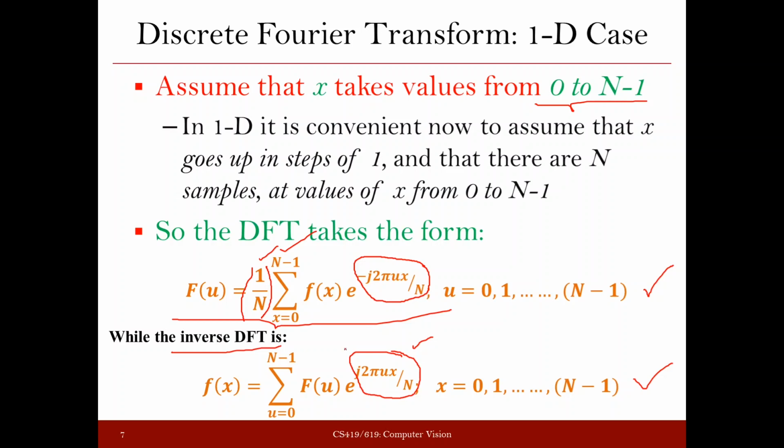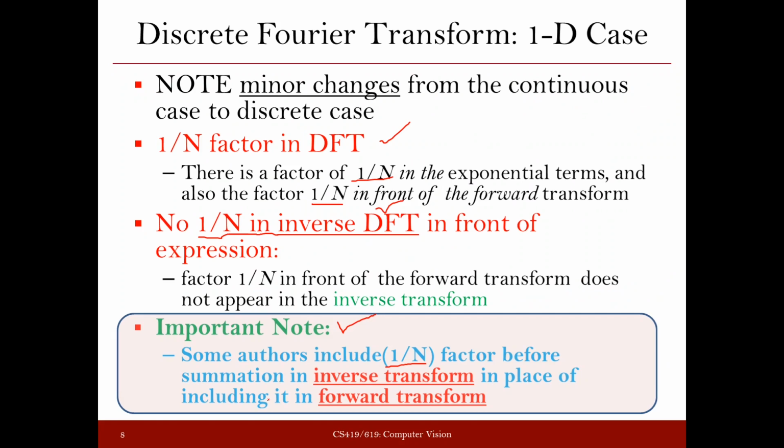And we'll see that basically the ultimate goal is that whatever you are getting, if you multiply these coefficients, the ultimate value should be 1 by n. So whether you are keeping 1 by n here and 1 there, or 1 here and 1 by n there, if you multiply them, you are going to get 1 by n. As I said, if you are keeping 1 by root n here and 1 by root n there, in that case also you are going to get a total of 1 by n. Right? So these different representations are also used by different textbooks, so you should not be confused.